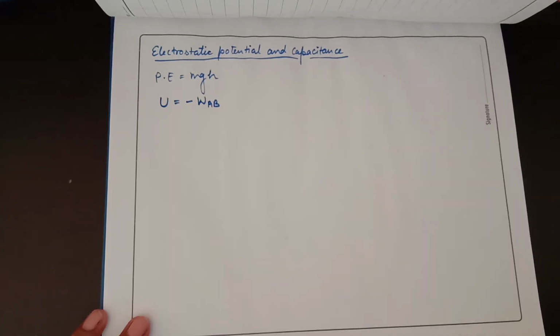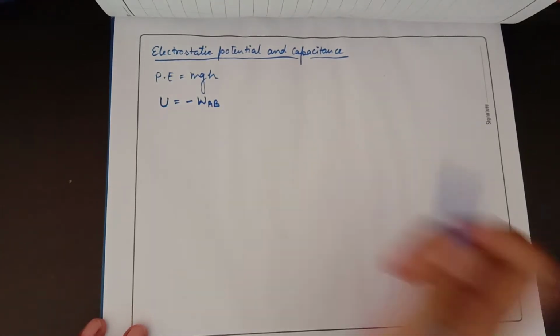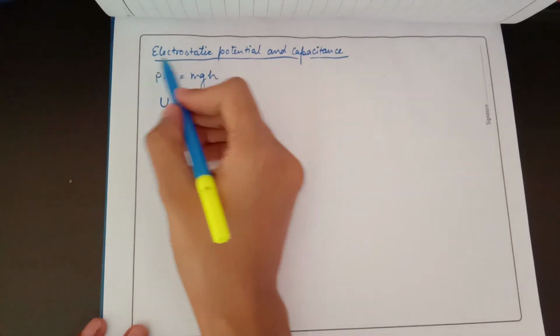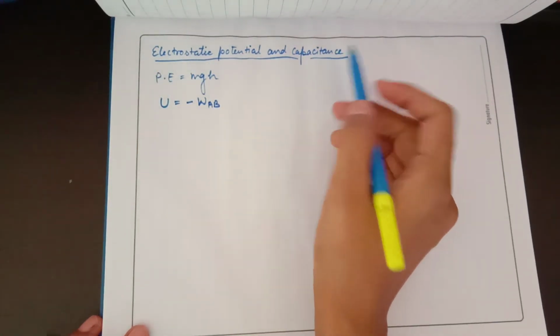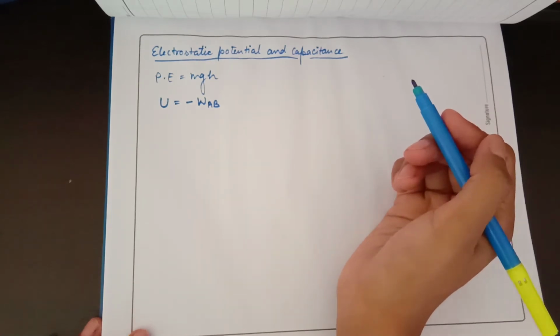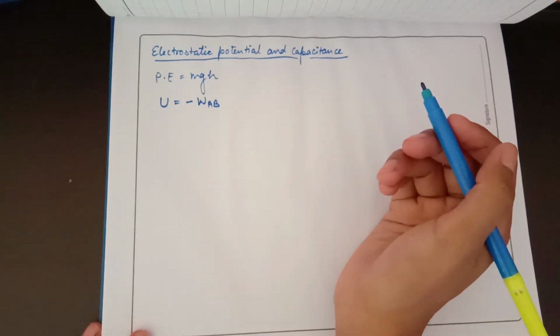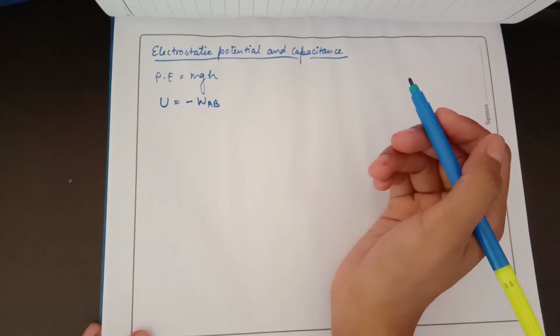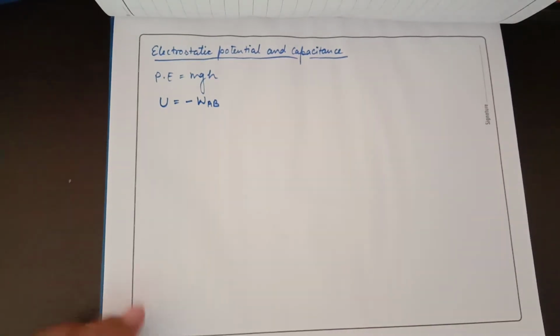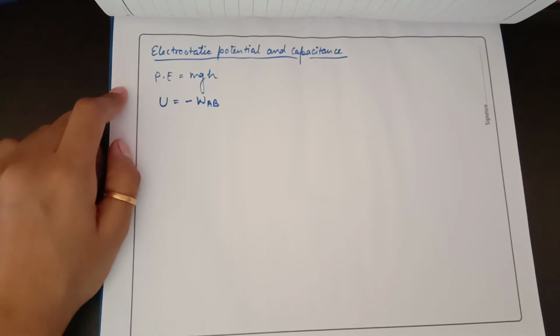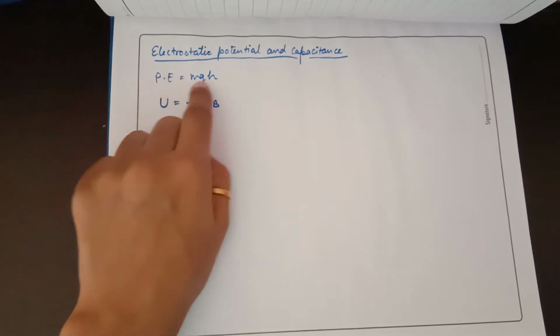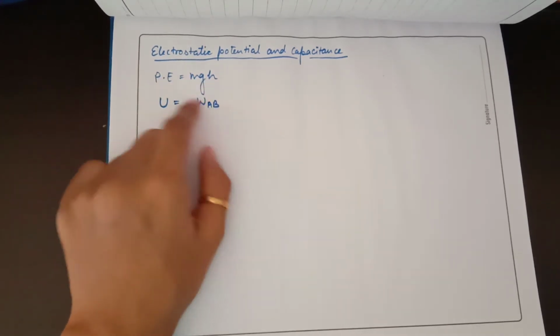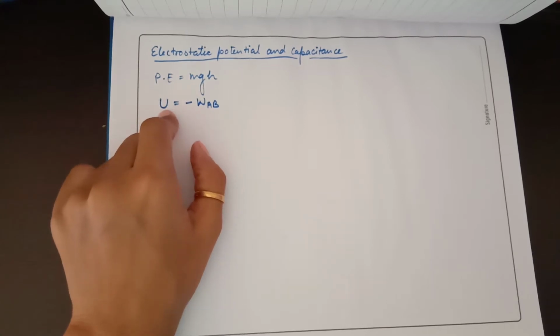Everyone, welcome to lecture number 2 of chapter number 2 of electrostatics. The chapter is electrostatic potential and capacitance. Yesterday we discussed conservative forces and non-conservative forces, and I told you that for conservative forces potential energy is defined. For example, gravitational force is a conservative type of force. By conservative I mean the force that does not depend upon the path, it is independent of the path. So for gravitational force, potential energy was defined as mgh, and yesterday we calculated the potential energy.